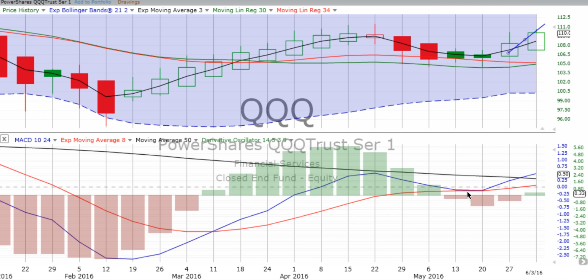We sort of bounced off the red signal line back on the 20th, the week ending the 20th, and switched over that week ending the 27th. And then we see the week ending the 3rd of June, our past week, we actually flipped over to a positive on the derivative oscillator. And again, that's now paralleling the up move that we had during the week of the 27th on the MACD. So we have two strong weeks of up movement on the Qs, that is the NASDAQ 100,